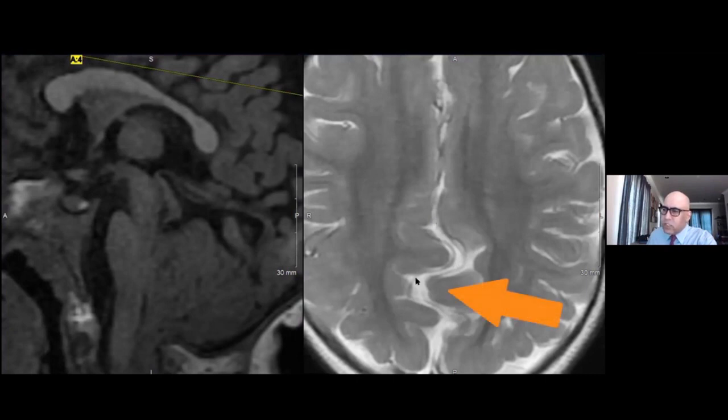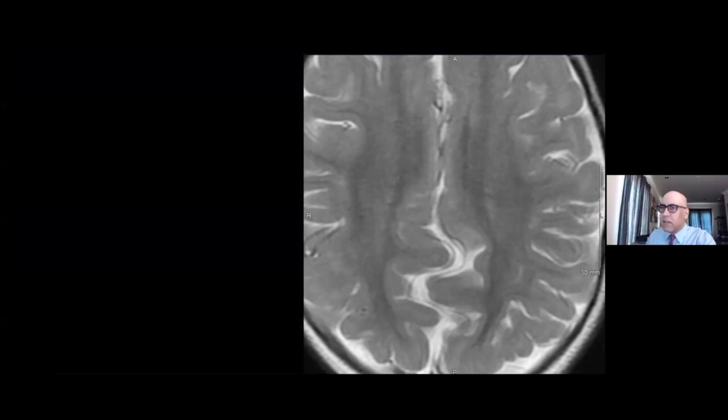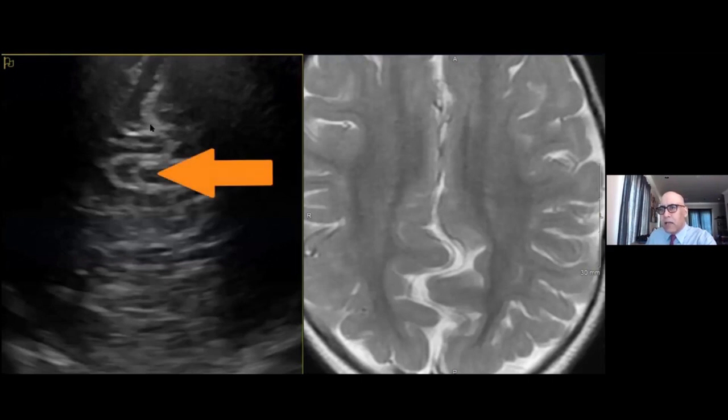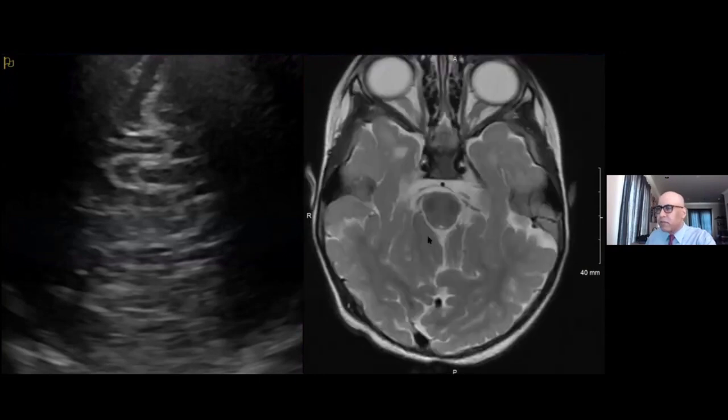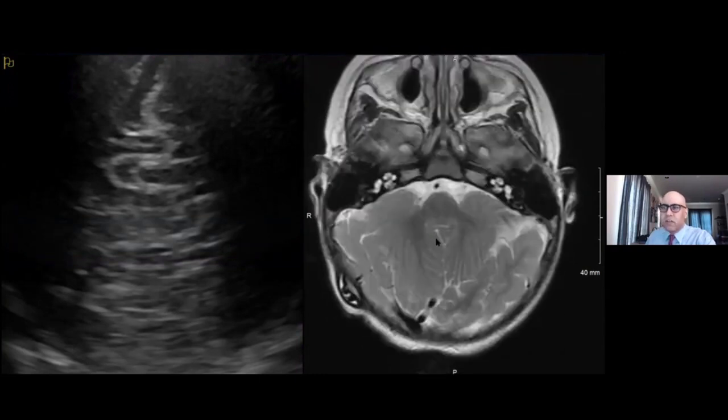We see interdigitation of gyri across the interhemispheric fissure. This is felt to be related to fenestration of the falx cerebri. And in this case, you actually could even see this finding on this coronal head ultrasound at 1 month of life. So we're seeing interdigitation of gyri, in the setting of a Chiari type 2 malformation with the characteristic posterior fossa